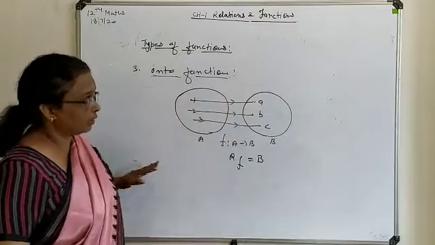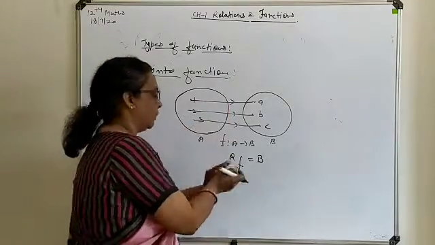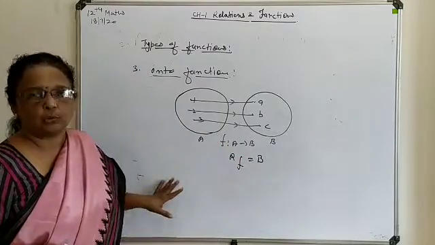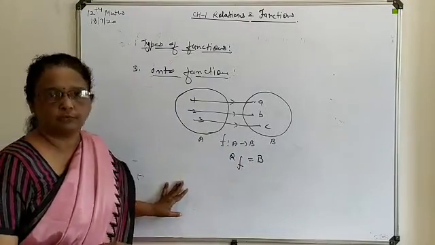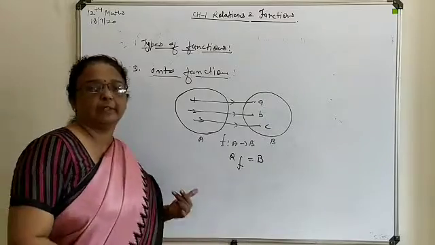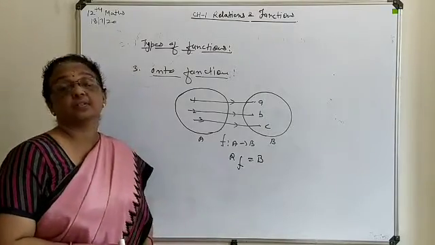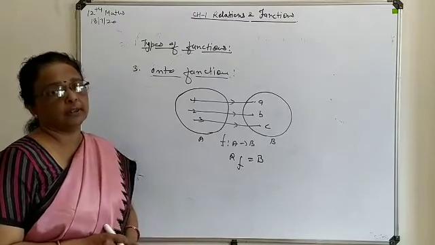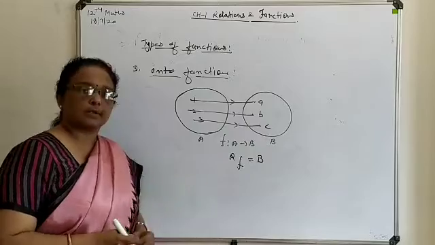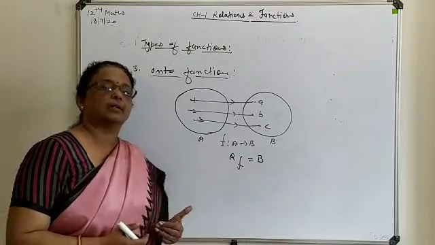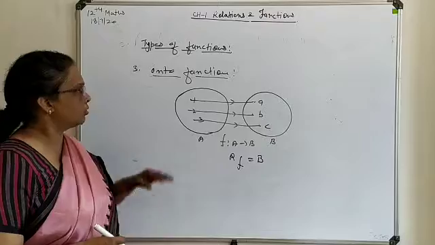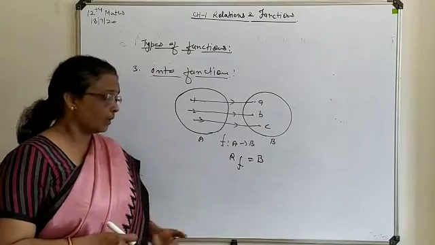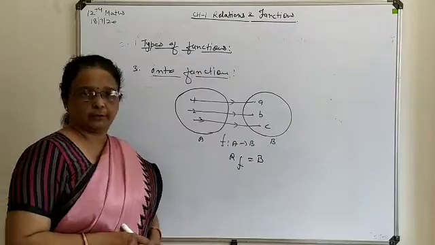In some cases, some elements are not coming in the range of f, so at that time it will be considered a function, but only one-one, not onto. And for the existence of the inverse of a function, it is again compulsory to have a one-one onto function, otherwise your inverse will not exist. Only a few cases are there in which a many-one function can be considered onto. So these are the basic three types of function which are to be discussed further.